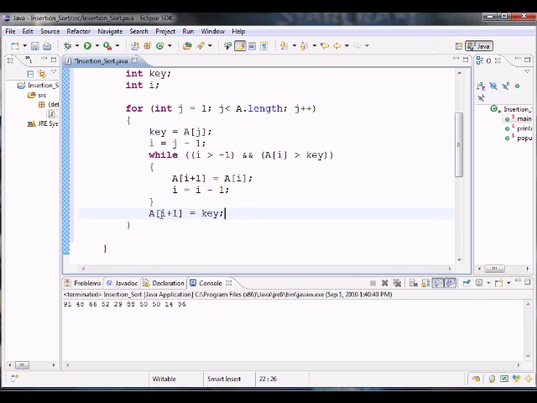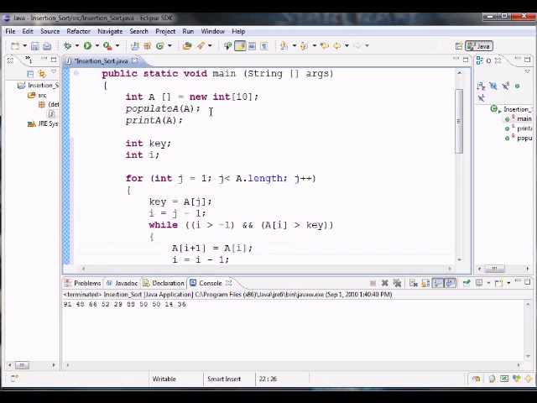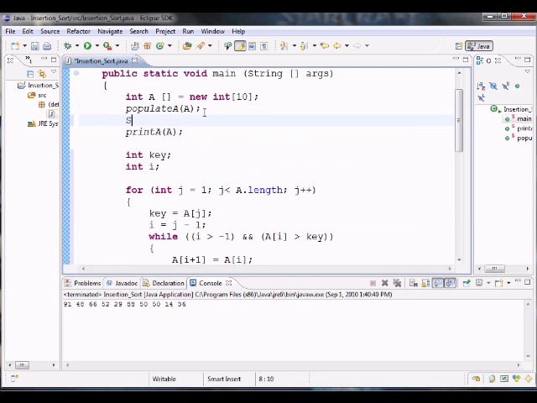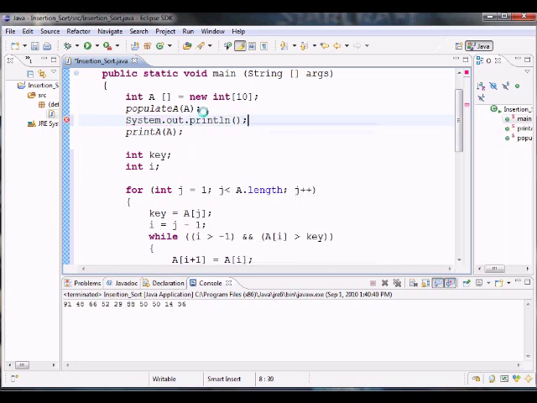Alright, and basically we just finished our insertion sort. Now let me change something real quick right here. We're gonna do System.out.println, and we're gonna call this "before sorting,"